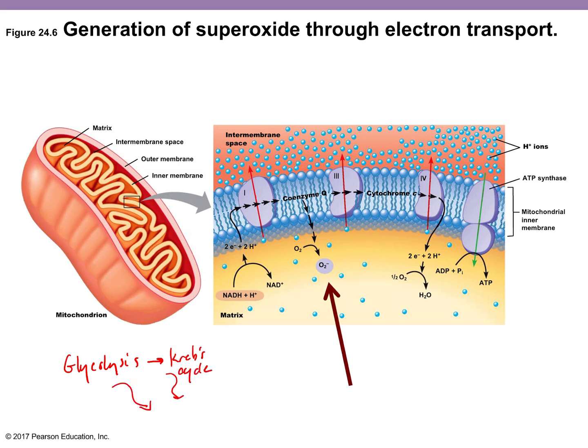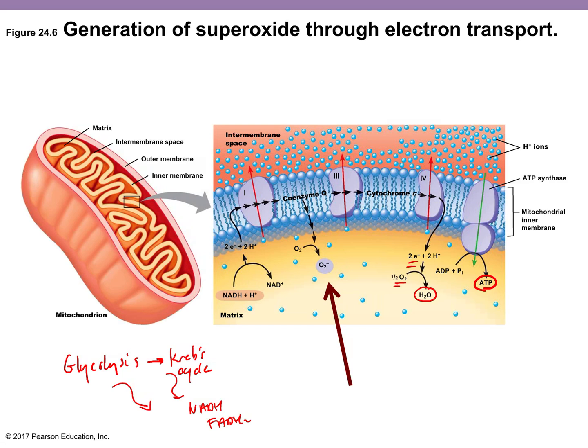And remember that we are creating things called electron carriers, NADH and FADH2. Remember that they are going to drop their electrons off on the electron transport chain. And those electrons are going to travel all the way to the end. So here's our 2 electrons. They're going to attach to the oxygen that we breathe. We're going to make water as a waste product. All the while we're making ATP through oxidative phosphorylation.